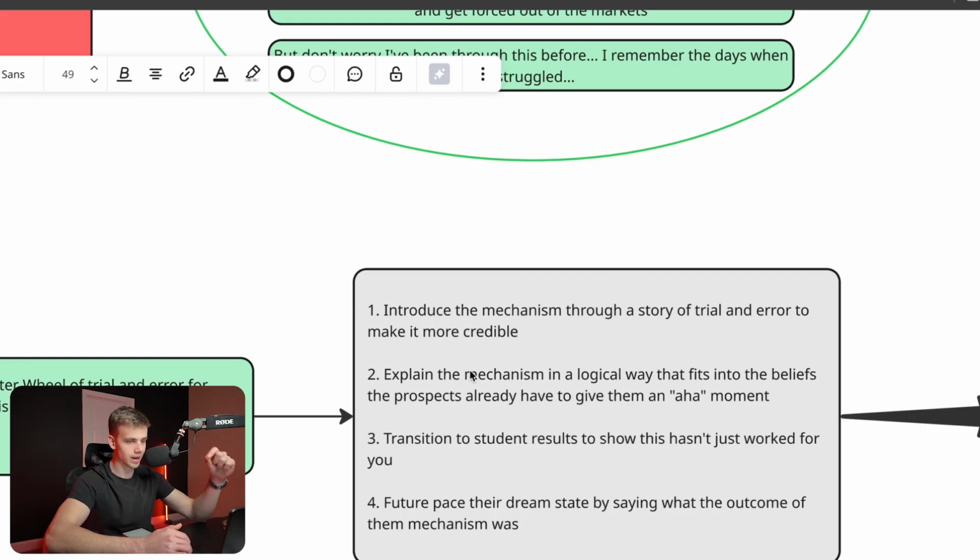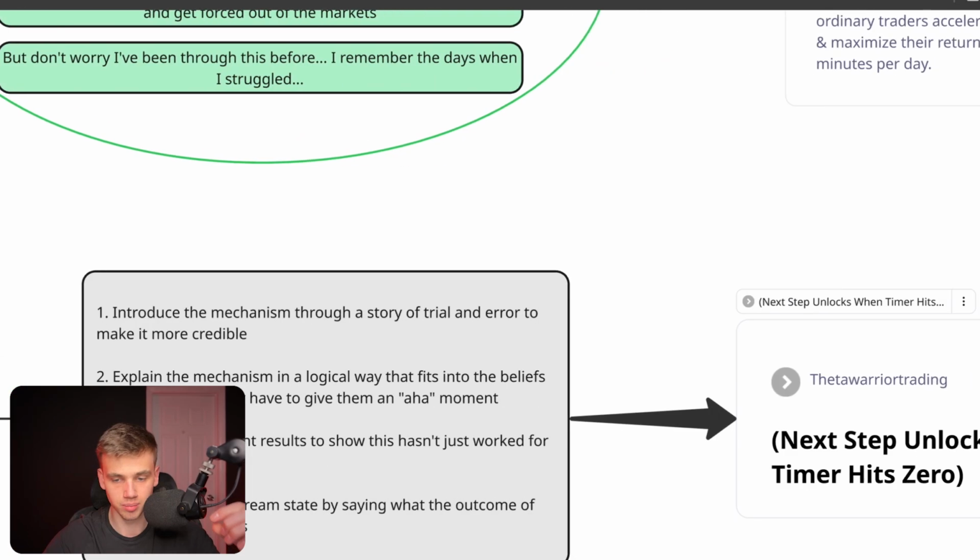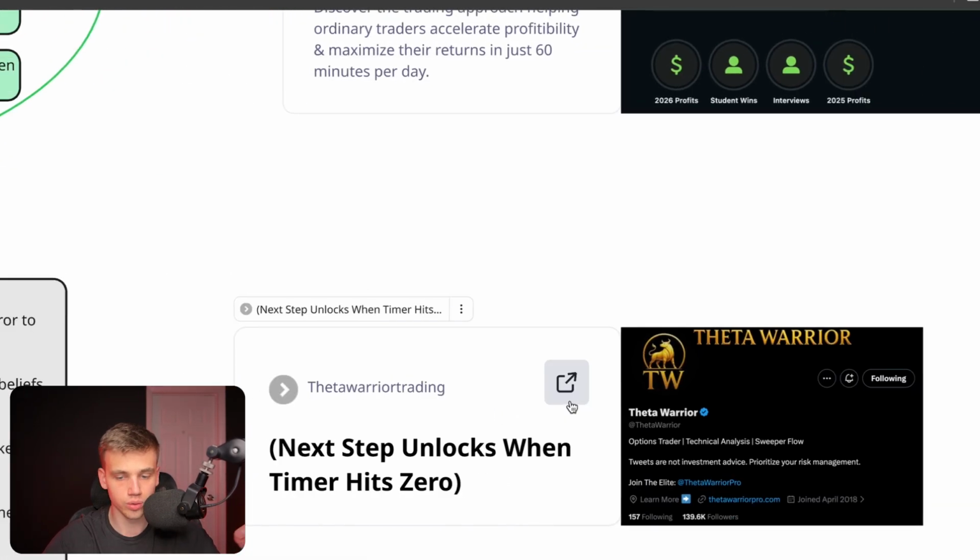Then you need to explain the mechanism in a logical way that fits into the beliefs that the prospects already have to give them an aha moment. Then you're going to transition to student results to show that this hasn't just worked for you, but it works for other people. Because when people watch this, they're going to think, well, he found this cool solution, but it's just cool for him, right? It might not work for me. So we need to prove that it's going to work for other people. And then we're going to future pace their dream state by saying what the outcome of getting the solution was. And I'm going to show you how we did this with Theta Warrior, whose VSL has generated